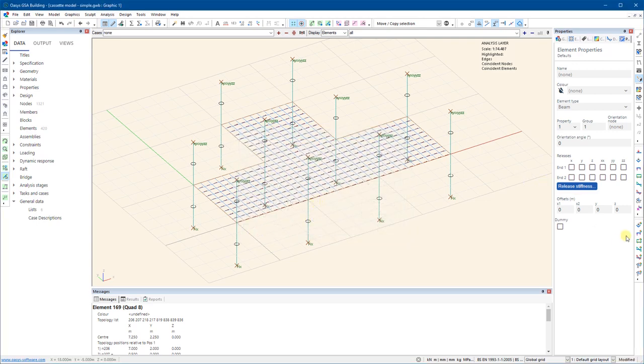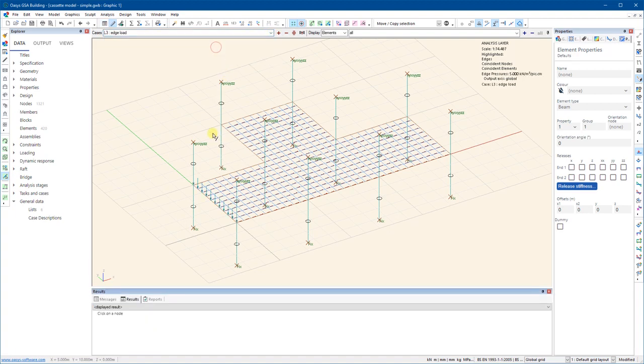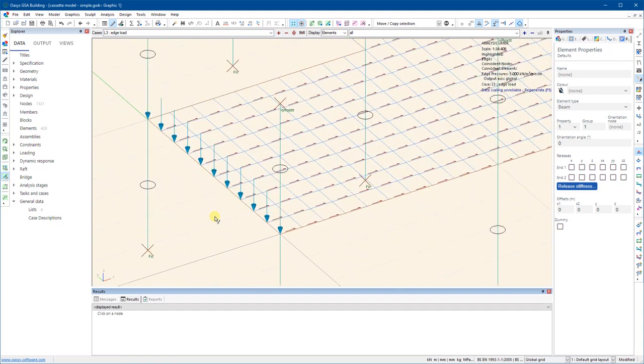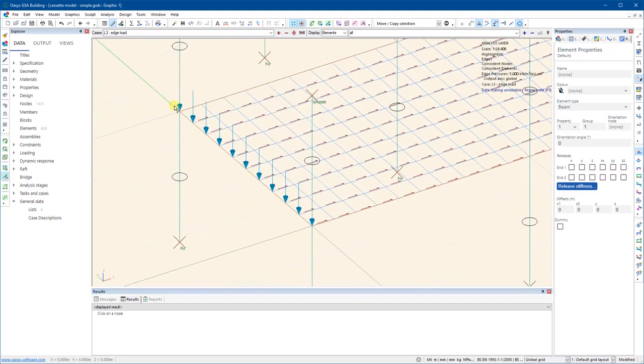So you see there. I'll come onto the interface in a bit. I've got a model here just to make it easier to show the various points that I'm going to make. But you can see along the edge of these elements, you've got the line load that you see defined there. On the gateway, which is this list on the left-hand side, if I were to go to Loading, 2D element loading, and edge loads,